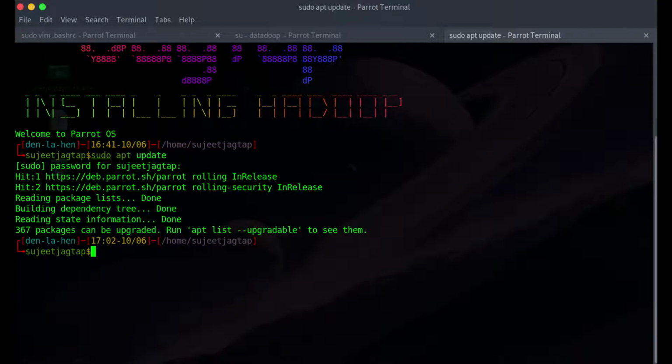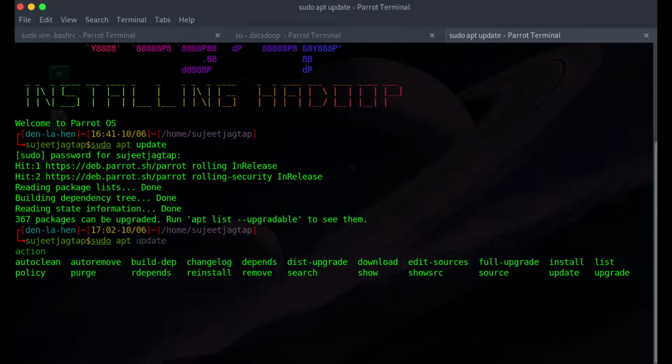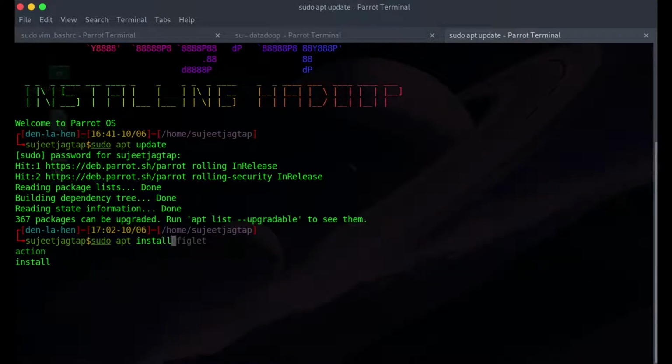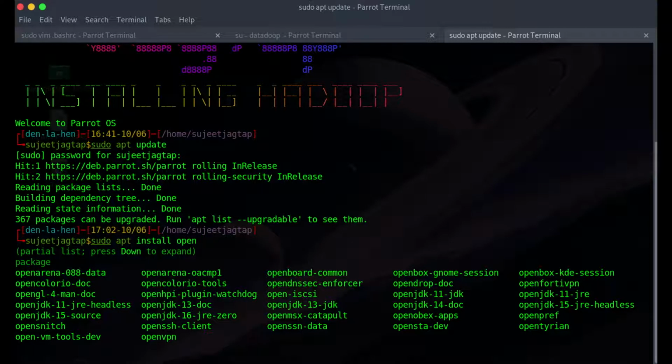Once this command is done, you can simply do the installation procedure for Java, but this won't be necessary because mostly Java will already be installed.